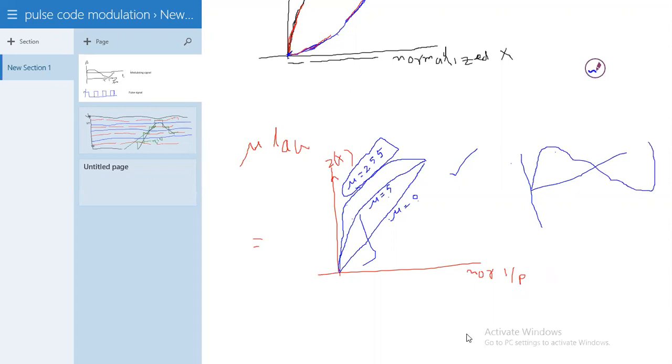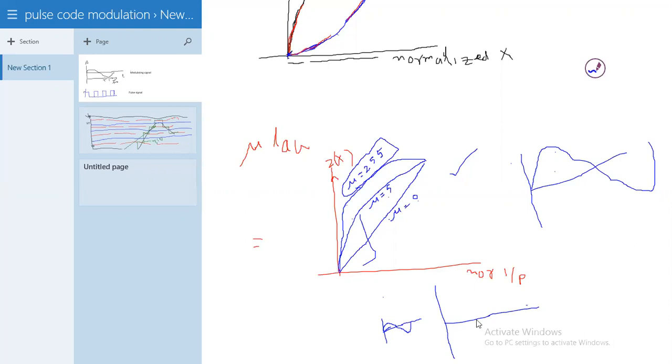So now if the input signal is a very weak signal, meaning the signal strength is low, like this small one. So here when we apply mu law companding, the mu value increases, and that can be increased to this one. Okay, this value comes in this waveform. If the input signal is a very large signal,